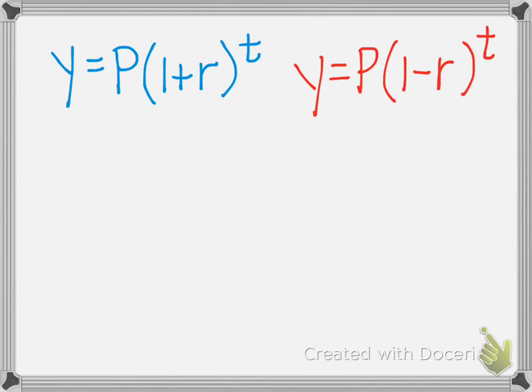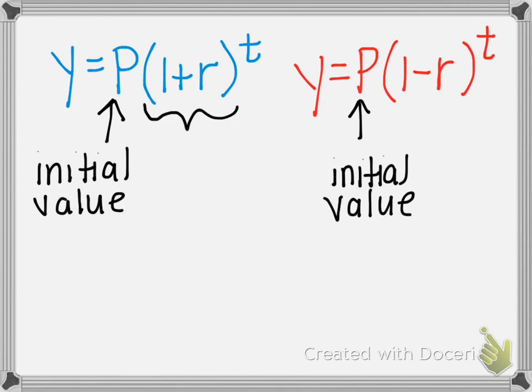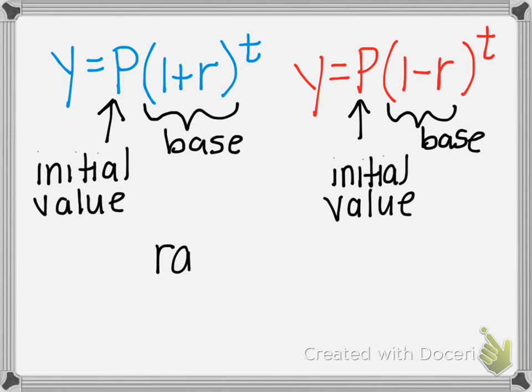So just a few key things to point out to help you remember. Here, our P is our initial amount. Whatever that may be, that is what we're going to start off with initially. And then our base, 1 plus r, is my base. For either growth or decay, it has to have a rate that is included with it. So my rate, which is a big deal, has to be divided by 100 in order to convert